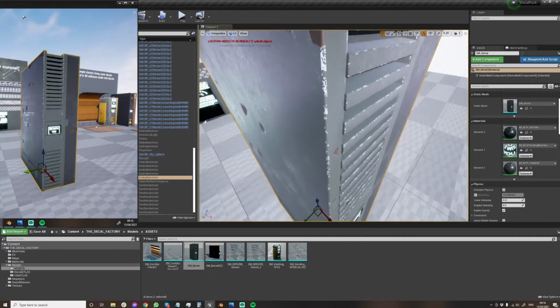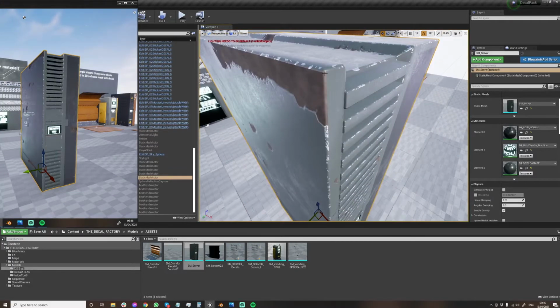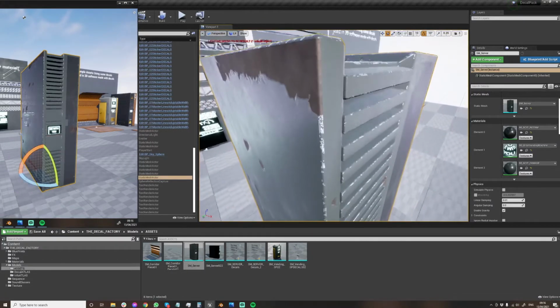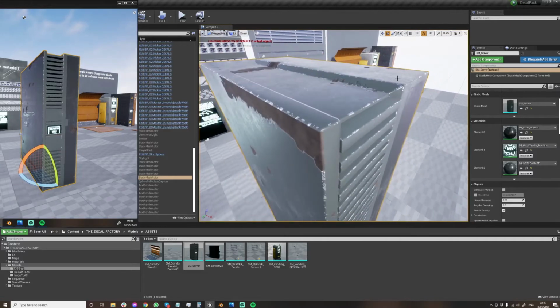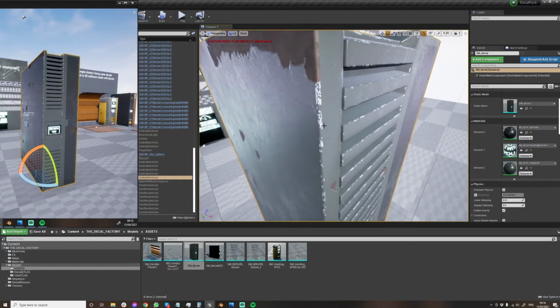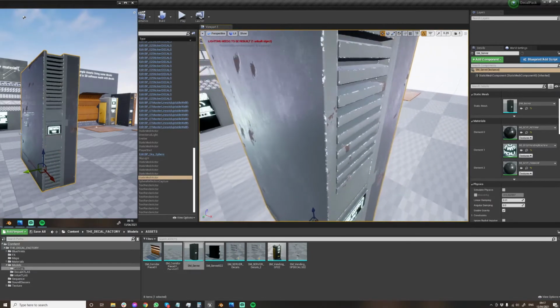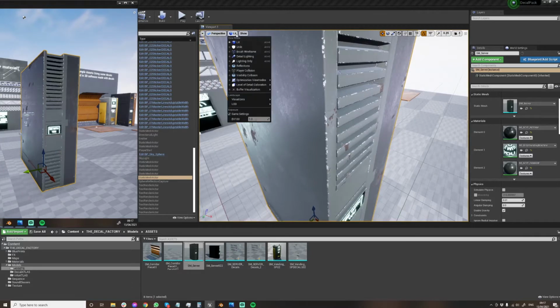I'll show you how. It's got basically just a simple bevel on there. It makes the shader pick up and add the damage to it. So the shader works by certain normal angles, and then it will kind of use it as a mask to where it puts the scratch damage. So you can see with